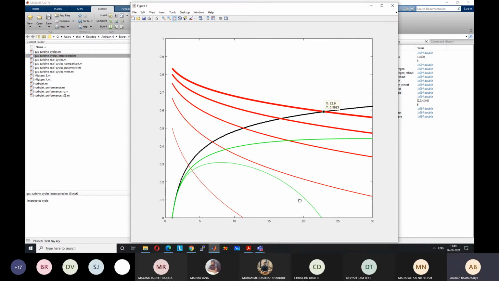The thin green line is the T equal to 2 line. Then this is T equal to 3, T equal to 4, 5, and 6. This also we have seen. So we know that the efficiency is always less than the simple Brayton cycle, and will never reach the simple Brayton cycle efficiency. If you keep on increasing the value of T, it will just be near this line only. You can see that with higher values of T, not much change is occurring.